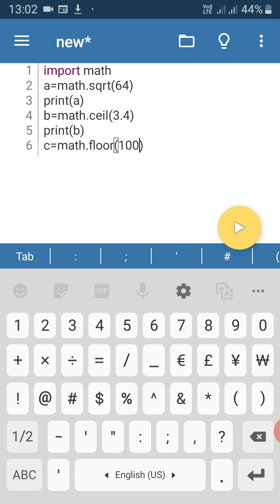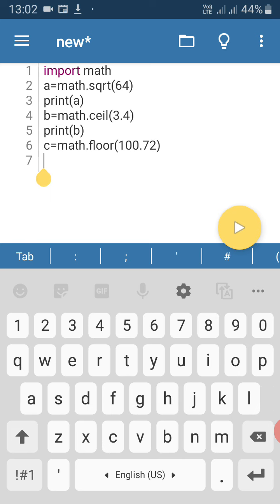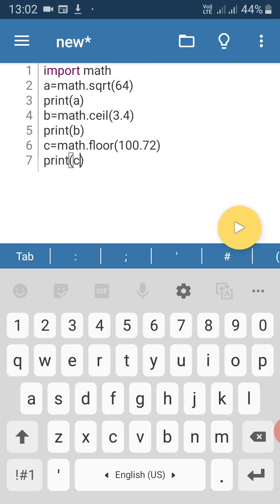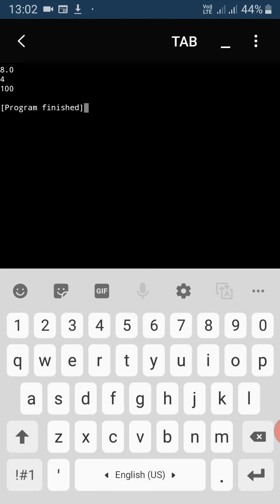If I write 100.72, it will return 100, because the largest integer that is less than or equal to 100.72 is 100. It will return 100.